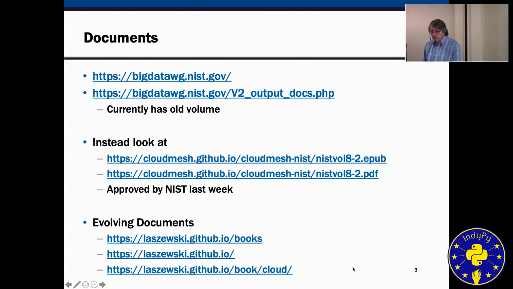The evolving documents are really important. I have a fairly large amount of documentation, on the order of 1,000 pages or so. If you want to teach some people Python and cloud computing, you can leverage that, and they're all freely available, and you can invite me to your companies and I can give talks.